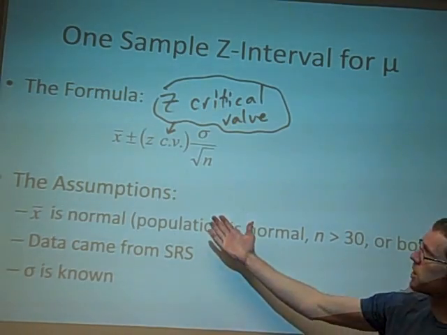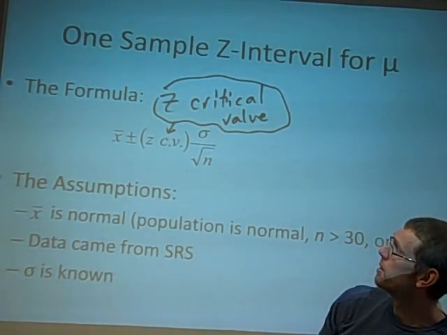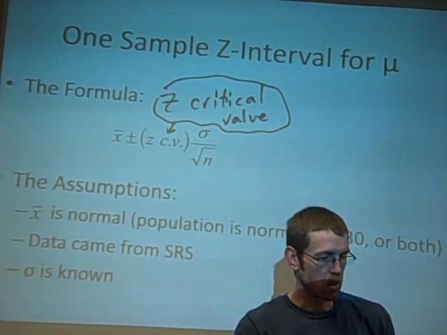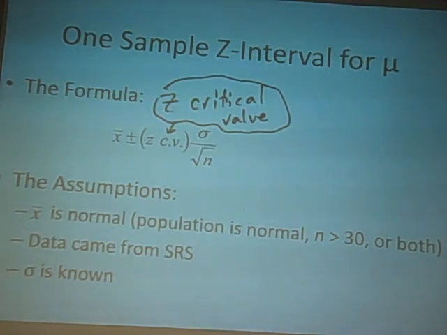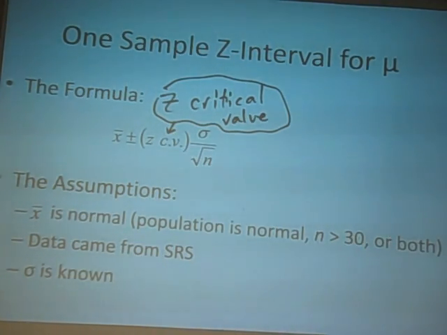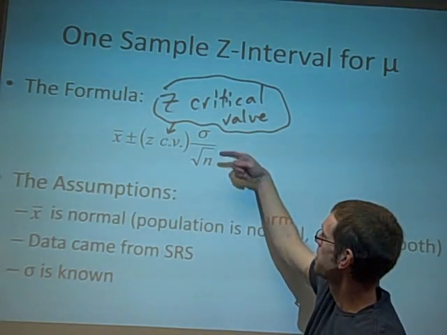So when you see a Z critical value, or later on we're going to have T critical values and all sorts of other things, when you see a critical value, that just means something that comes off of one of these tables. Okay. So the formula, you take x bar plus or minus some Z critical value times sigma divided by the square